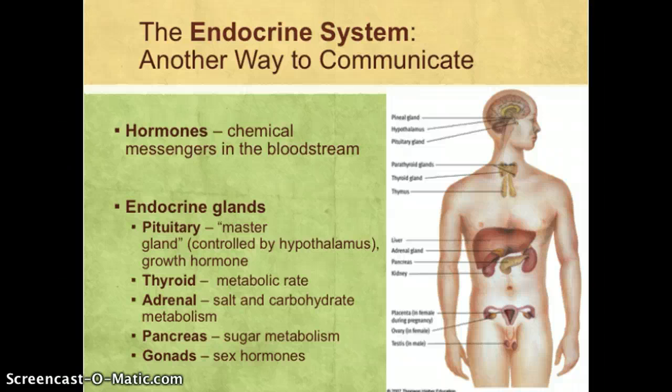The last set of glands that we want to talk about are the gonads. Hopefully you only have one set of gonads. This poor individual has two. If you're female, you have ovaries and you have placenta if you're pregnant, and these can secrete the female hormones like estrogen and progesterone. If you are male, then you have testes, and the testes secrete testosterone. And these hormones have been found to have some influence on behavior as well.